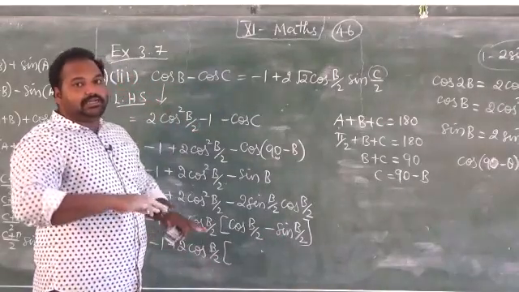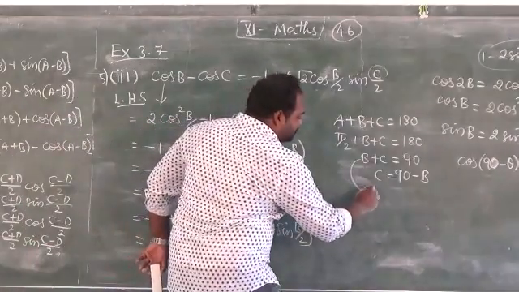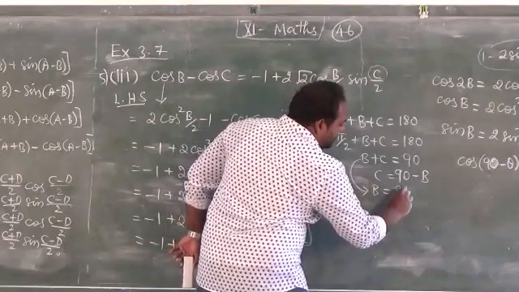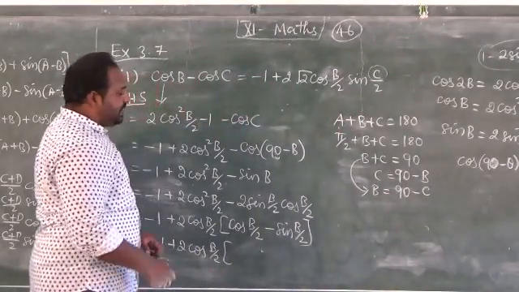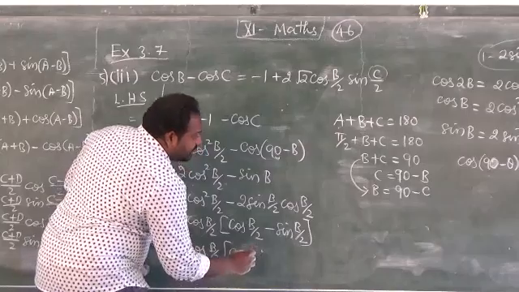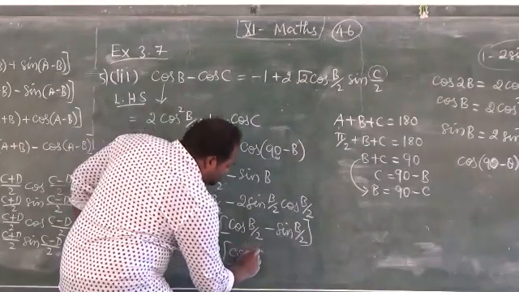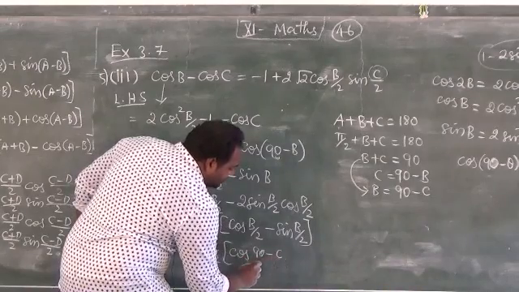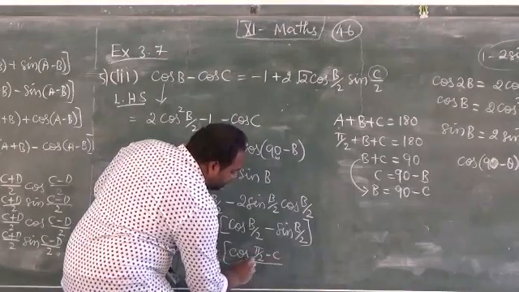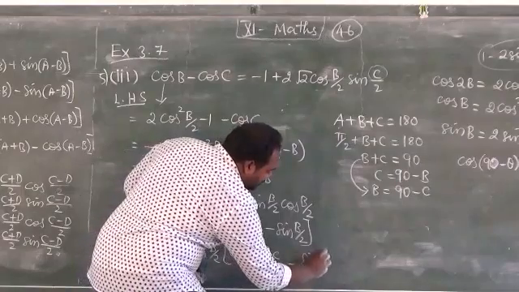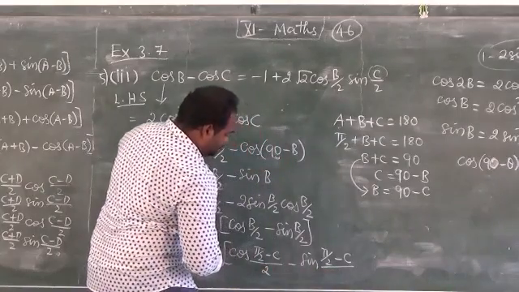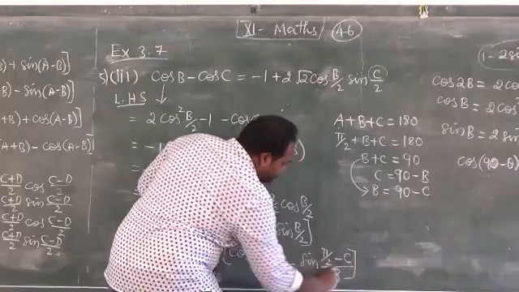So I have to change B into C. How can we change it? B into C. So instead of B, in terms of C, I can write B equal to 90 minus C. Now, cos of 90 minus C, which we can write in the radian form, it will be easy: pi by 2 minus C by 2, minus sine of pi by 2 minus C by 2. Correct. Okay, now